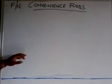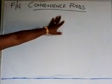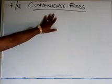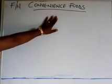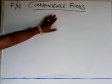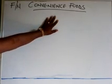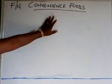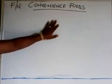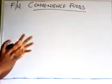Our topic for this week is convenience foods. Convenience foods are foods which are prepared and/or packed by the manufacturers in ready-to-use form. They are therefore quicker and simpler to prepare than the normal form in which they are available. They are easy to prepare, they are easy to eat, they are almost in a form that you can just